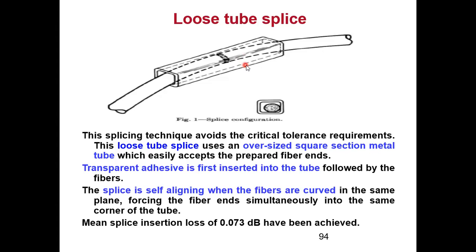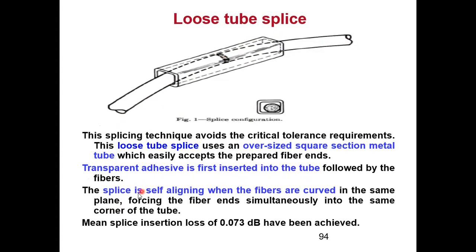Now what I do differently in this process is, in the snug tube we used to insert the fiber and then inject epoxy resin. Now here, the transparent adhesive is first inserted in the tube. We put the transparent adhesive in the tube beforehand, and then I will bring the fiber over here. So once the fiber comes over here, they are joined in this particular region, and you might feel that this will come here, this will come up.